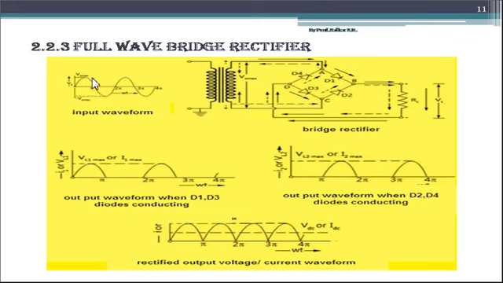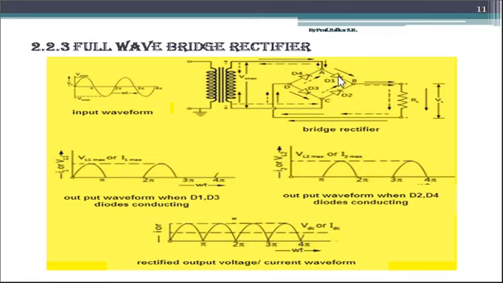Now as the positive half cycle of the input AC signal comes across the secondary winding, this point becomes positive with respect to this point, that is this point becomes negative. Now as the AC signal travels over here, the direction of the traveling of this signal is denoted by this solid arrow. It comes over here and enters the point A. Through the point A, the sine wave goes to the diode D1.